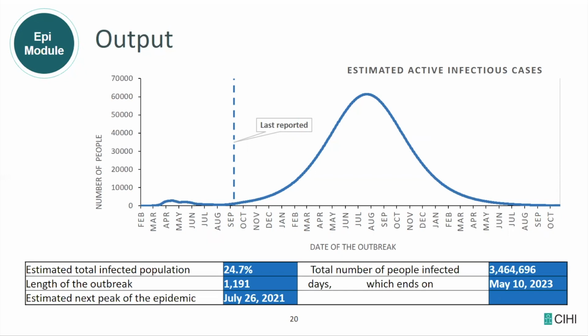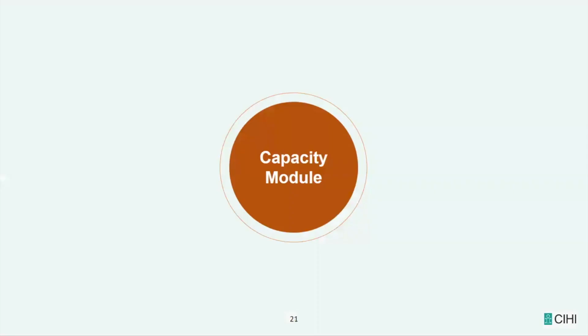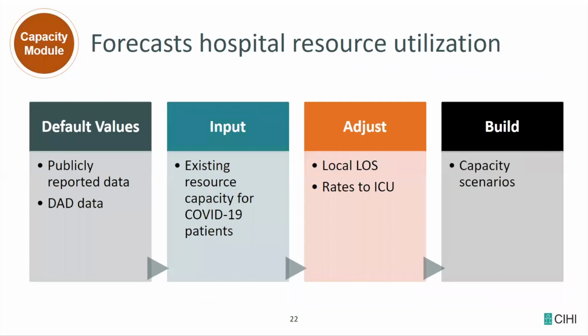Christina, can you advance the slide, please? Okay, so the capacity module. The capacity module translates the predicted case counts into projected demand for acute care beds in the hospital system. The user can input parameters such as the current health system capacity and use, the percentage of the infected population hospitalized and in need of ICU, their length of stay, and fatality rates for the COVID inpatient population. And what they will see,